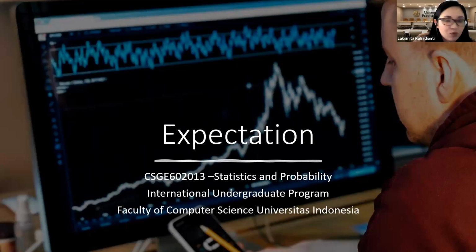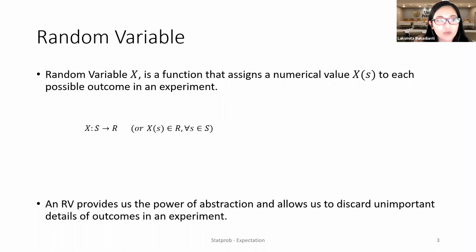So expectation, what does it mean? In English, you expect something. What's your expectation on something? You can probably gauge what it means in this case. But we are looking at the word expectation here in the context of random variables, which is the new friend that we got introduced to last week,